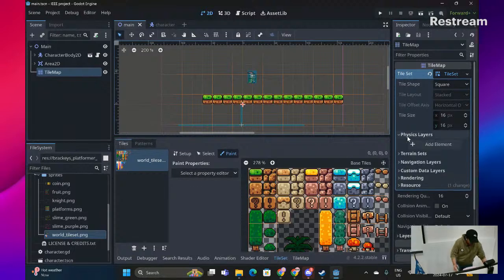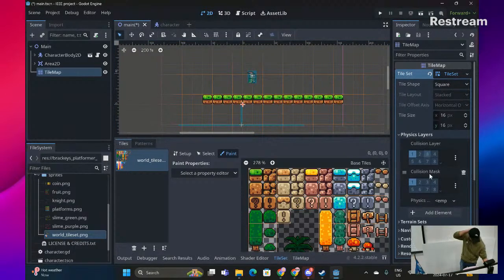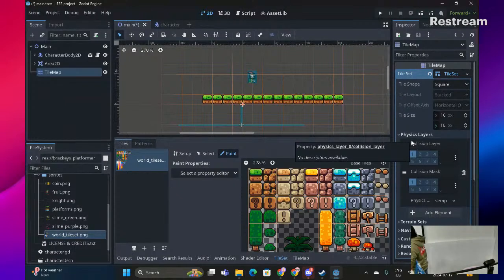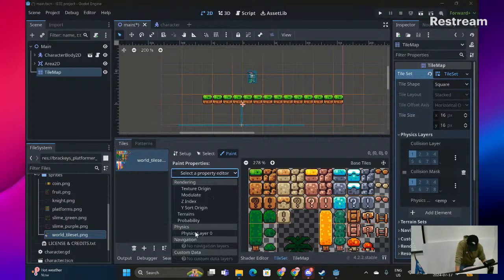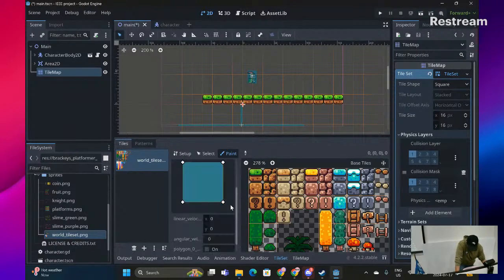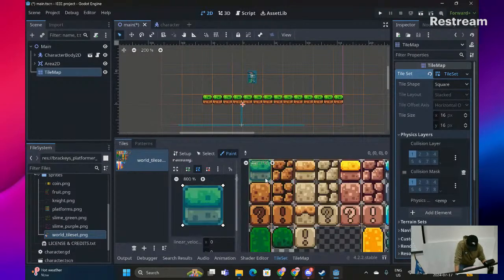So right on the right side, you have a physics layer. You can just add that element, and the collision layer will be collision 1 and collision mask will be collision 1. All that means is that they will be marking everything that's on layer 1 and mask 1. So let's just add a property here to add that physics layer, and you can see what kind of physics it's going to add. So if we zoom in,